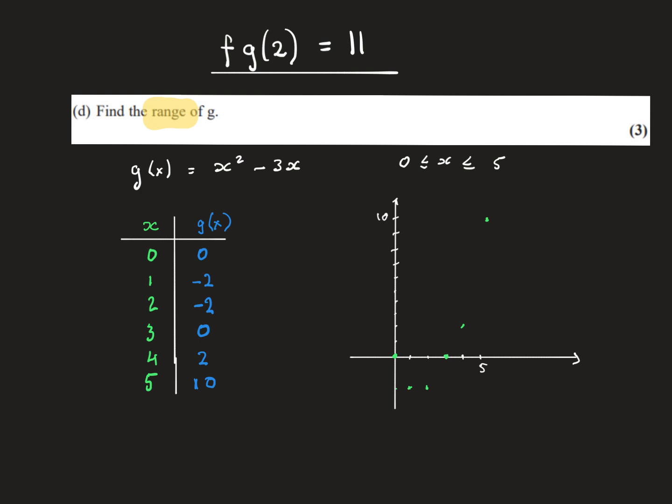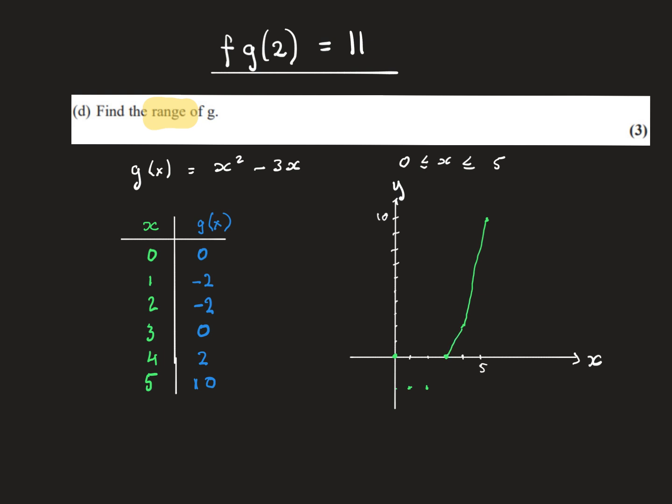And I calculated all the rest and also tried to graph them over here. And as I said, this is going to be a parabola, because this is a quadratic. And it looks as if it's going to go from 10 down here and up here,